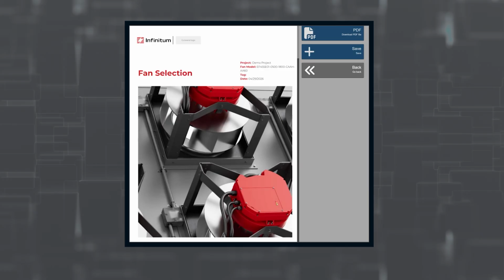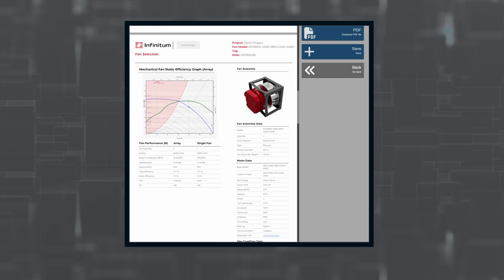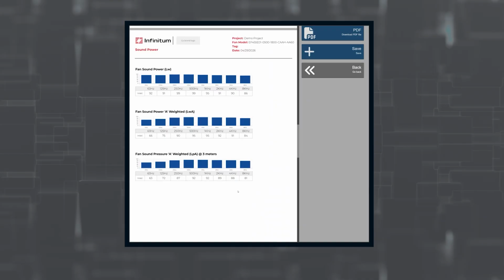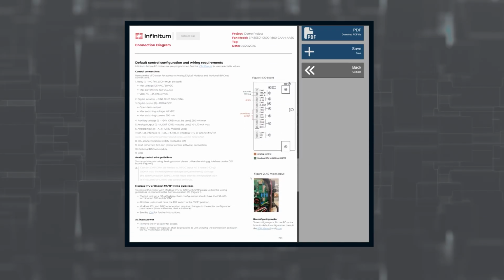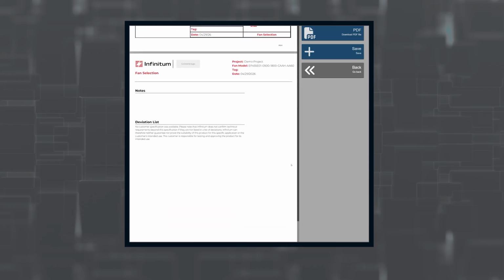The datasheet includes a title page with project name, date, and tag, and a space for your company logo, a table of contents, a performance sheet showing array airflow, static pressure, speed, FEI, power, and FLA at the design point, and for your N-1 condition if redundancy was specified, an array fan curve, motor model, and custom nameplate details, including rated speed and FLA, sound power in octave bands, a connection diagram for wiring the motor and drive, the schematic layout drawing, and a notes and deviation section.